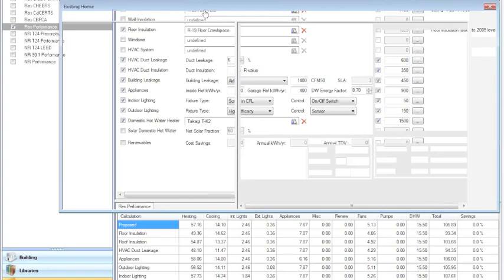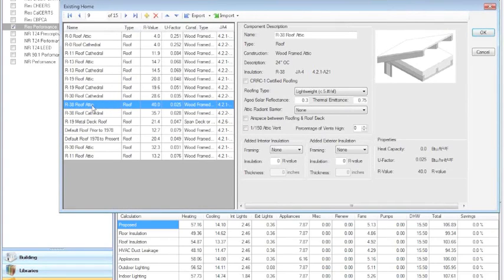However, if we click on that R38 roof with attic, we do have the ability off to the right here to make that a much more sophisticated attic. So we can, in fact, get more sophisticated in a number of ways. One level of sophistication that we can add to it, which you might consider, is we might do what we